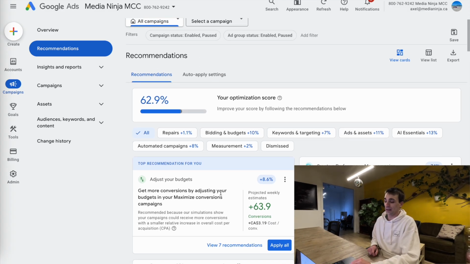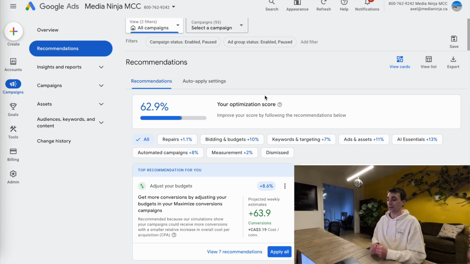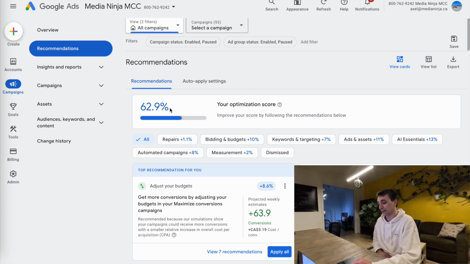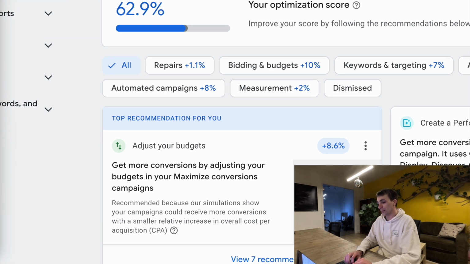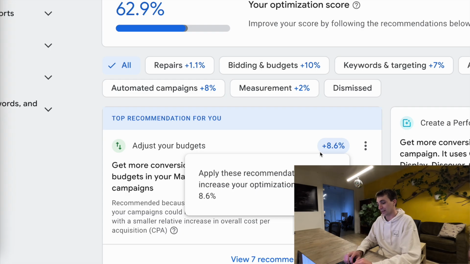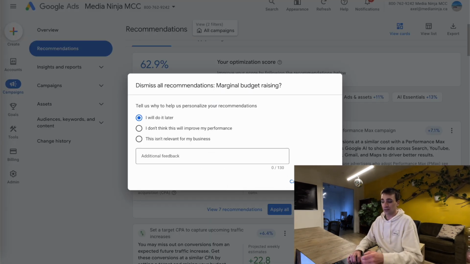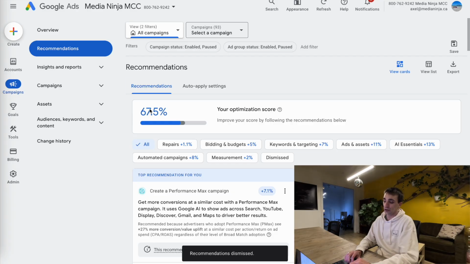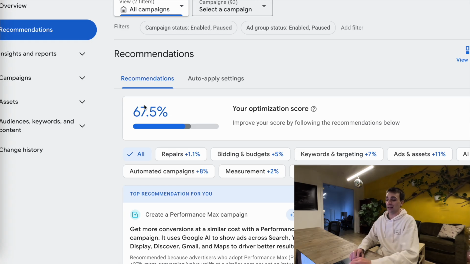The second tip is ignore this optimization score right here. So this is another pressure element that Google adds to the recommendation section. So right now you can see that my optimization score is 62.9%. And it tells me that if I adjust my budgets and increase them, then my optimization score will go up by 8.6%. Let's say I click this and I click dismiss. Notice how my optimization score went up anyway, even though I dismissed the recommendation,